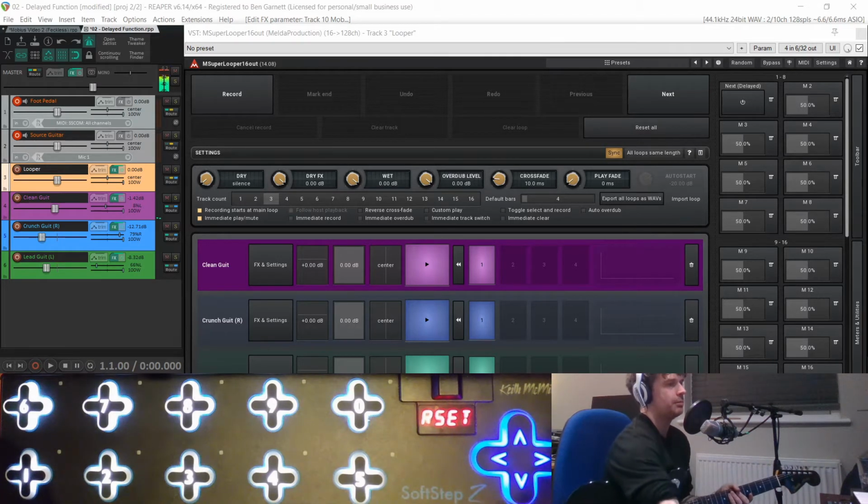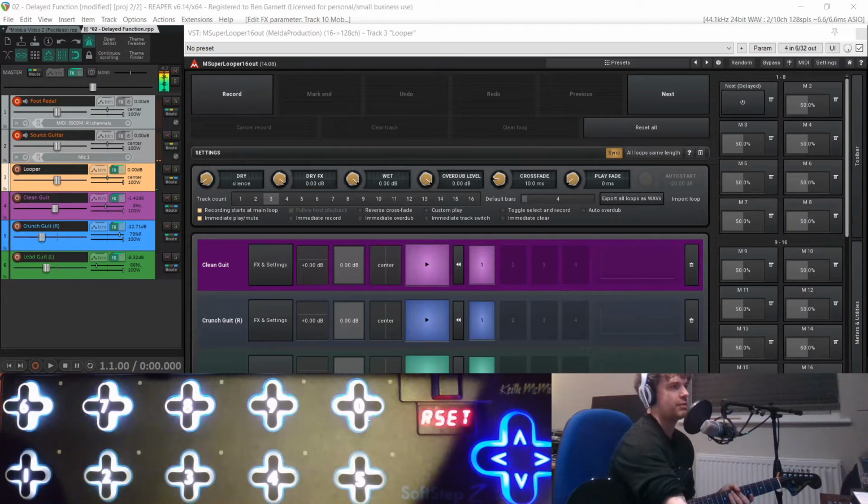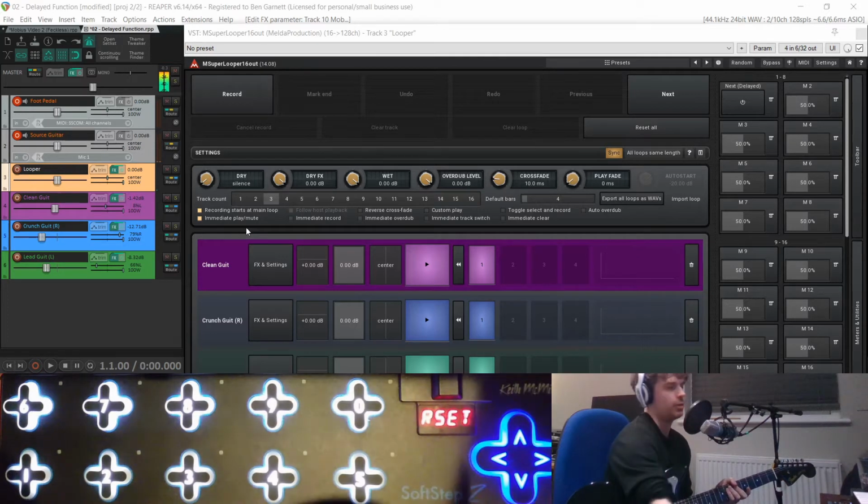So what I'm doing at the moment, if you've watched any of my previous videos, I've got Melda MSuperLooper set up here, and I'm using the multi-output version. So I'm sending one completely dry guitar signal in through my audio interface, routing that to 3 tracks in the looper, which go out to 3 tracks in Reaper, and they have different guitar effects, different tones and things on them. And then I'm using it in sync mode, so it syncs to the transport of Reaper,